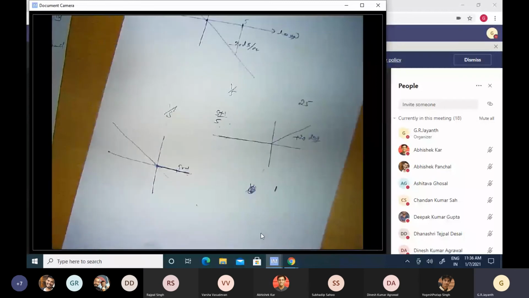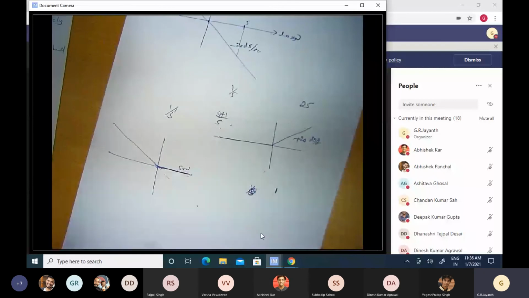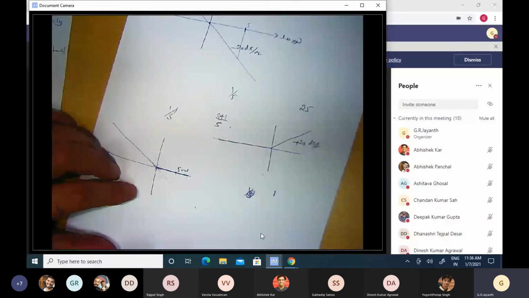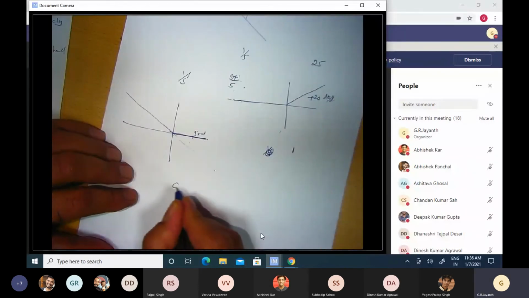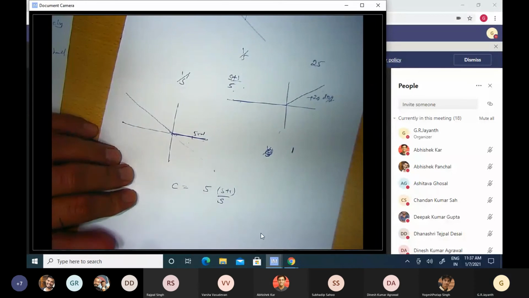Okay, so now I still need to amplify the gain. I cannot settle with this controller, right? So what I need to do is, the extent by which I need to amplify has now come down. I don't need to amplify now by a factor of 25. I need to only amplify by a factor of 5. So my controller C will have to be of the kind 5 times S plus 1 divided by S.